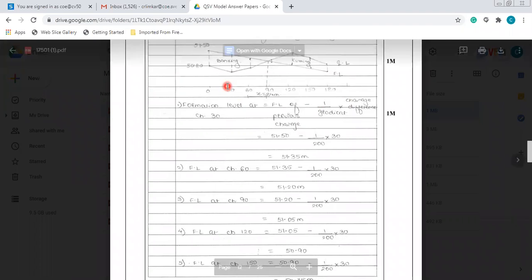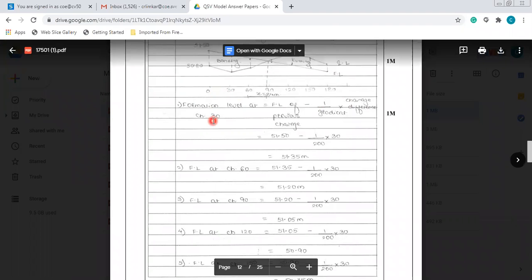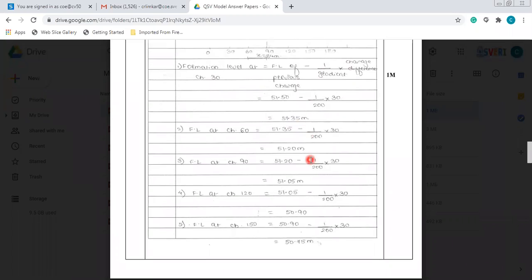Okay. So the formation level at 30 meter chainage is nothing but the formation level of the previous chainage. It is given as 51.50 minus 1 by 200 into 30. So that comes as 51.35 meters. Then the formation level at 60 meter chainage is